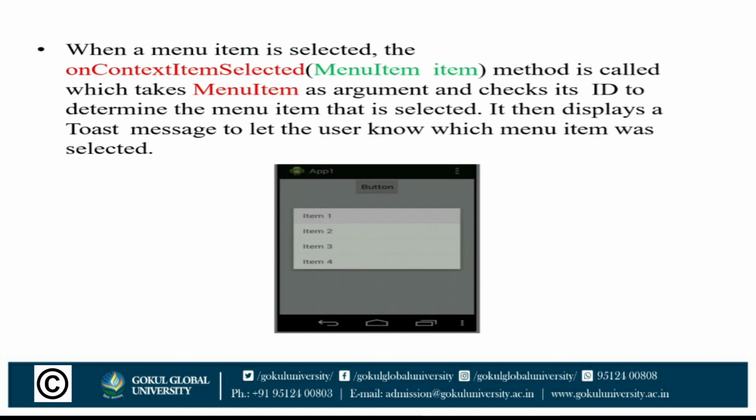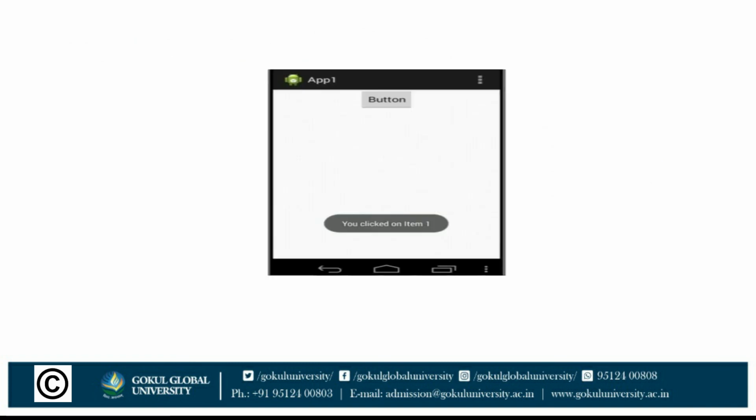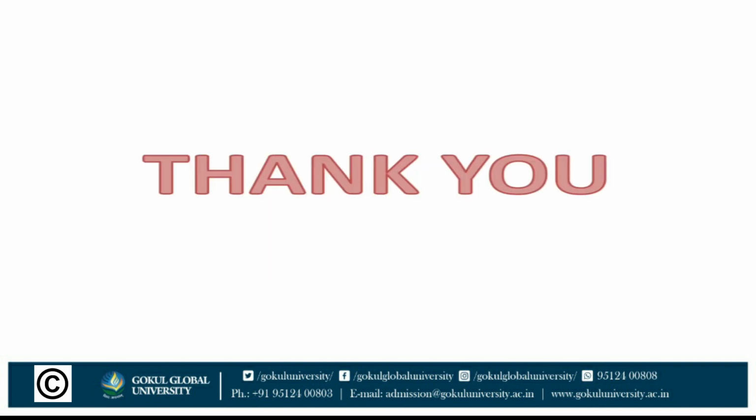When a menu item is selected, the onContextItemSelected method is called, which takes a menu item as an argument and checks its ID to determine the menu item that is selected. It then displays a toast message to let the user know which menu item was selected, and it gives output as you can see in this figure.